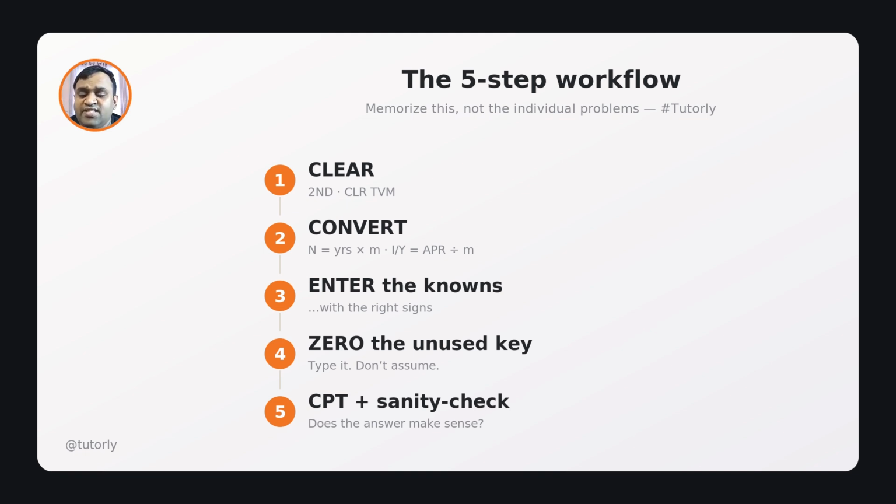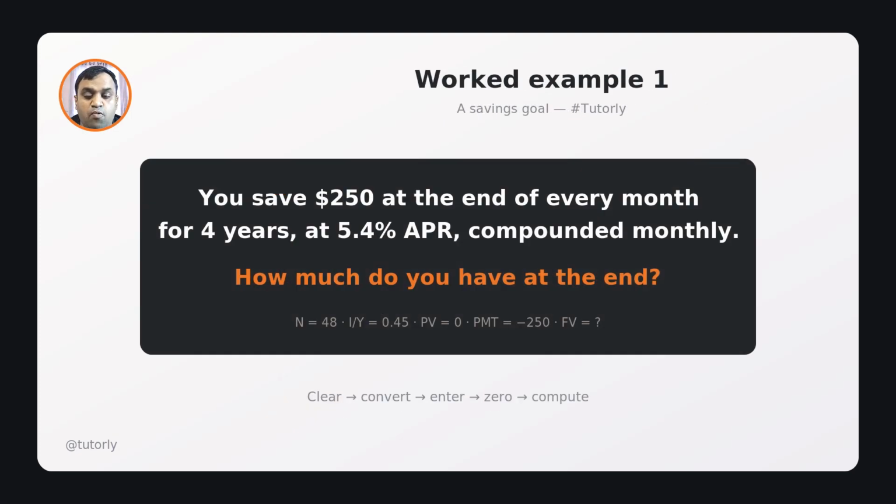So let's run it twice. Step 1, clear. Step 2, convert. 4 years monthly. So N is 4 times 12 is 48. Type it as a math: 4 times 12 equals, then N. And the rate is 5.4% a year, 12 months. So I/Y is 5.4 divided by 12. That's